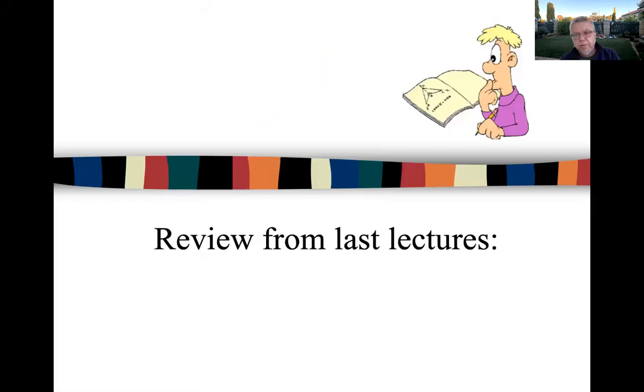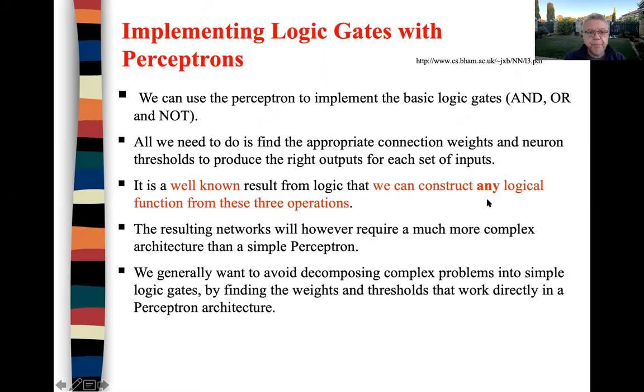Okay, let's review some of the material we presented in the previous lectures. We looked at implementing logic gates with perceptrons. We can use the perceptron to implement the basic logic gates AND, OR and NOT. And if we can implement AND, OR, and NOT, we should be able to build any logical function from these three